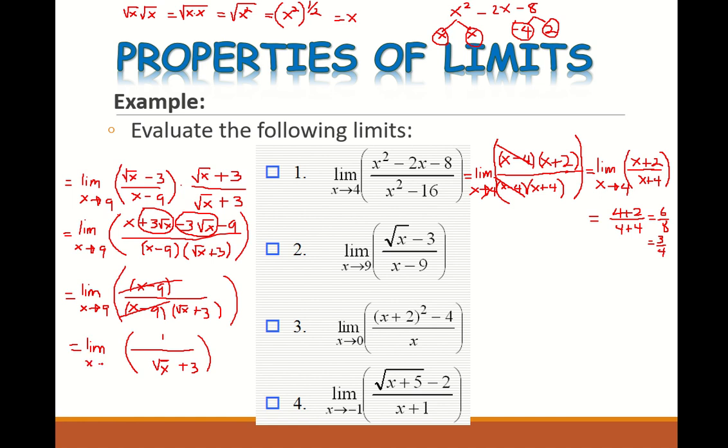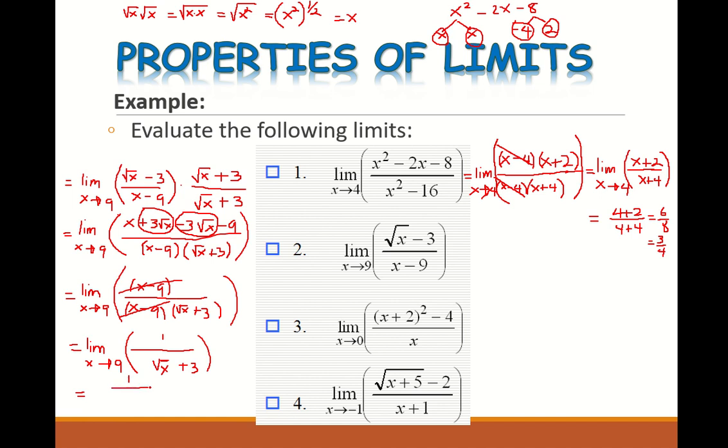Now if you look at the resulting expression, if you substitute x equals 9 into the expression, this gives us a limit already, right? So therefore you can now substitute. So this is now equal to 1